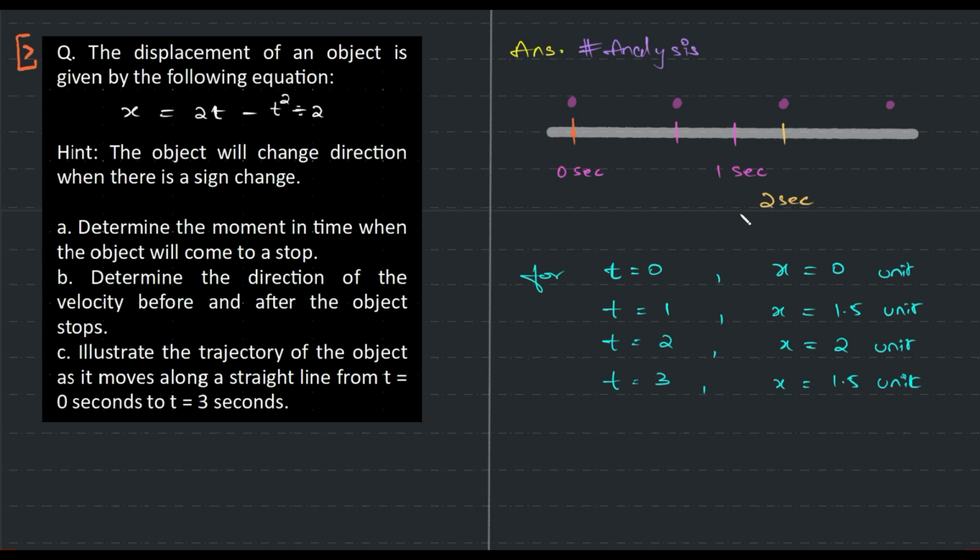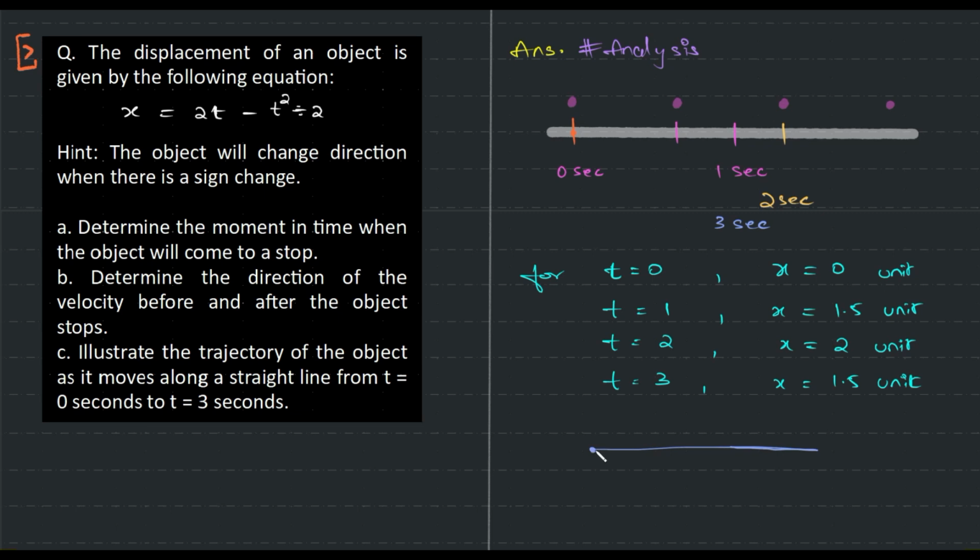And at 3 second, it's back. So what's happening? So obviously the vehicle had to go forward and slow down somewhere and come back. Only then this is possible. Agree? Now the question is determine the moment in time when the object will come to a stop. That's the question. So when it's starting,